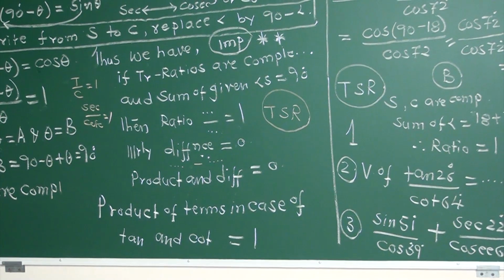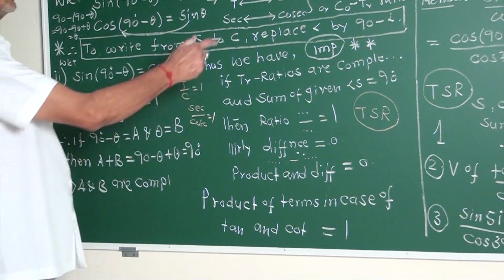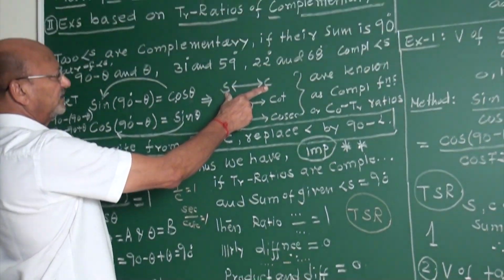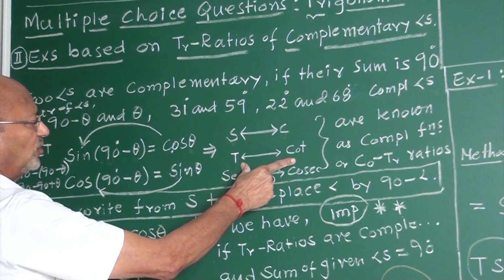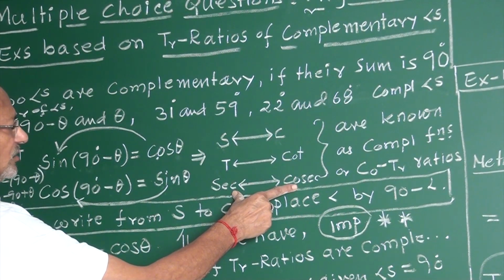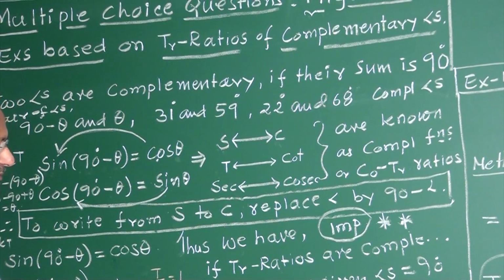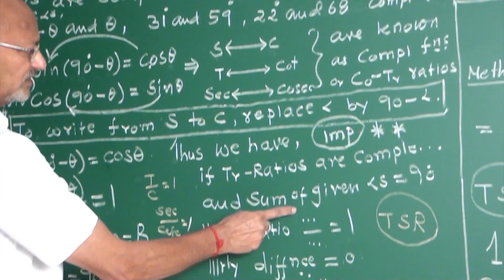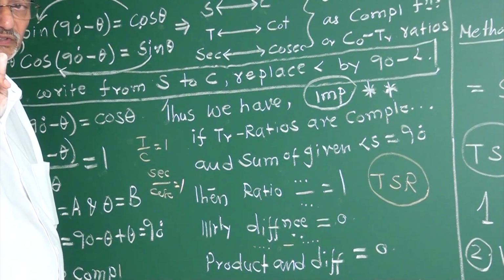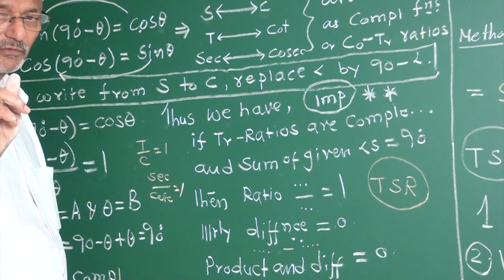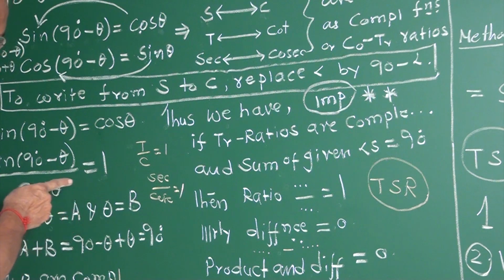Yes, my friends. Now I do the examples. Remember, complementary or co-trigonometric ratios. What is the pair? Sine cos, cos sine, tan cot, cot tan, sec cosec, cosec sec. First observation. What is the second observation? The sum of the angles must be 90. Second observation: the sum of the angles must be 90. If both satisfy co-trigonometric and the sum of the angles is 90, then if it is a ratio like this, my friend,